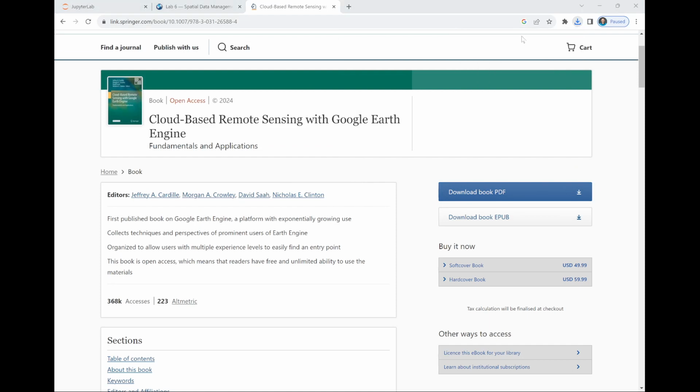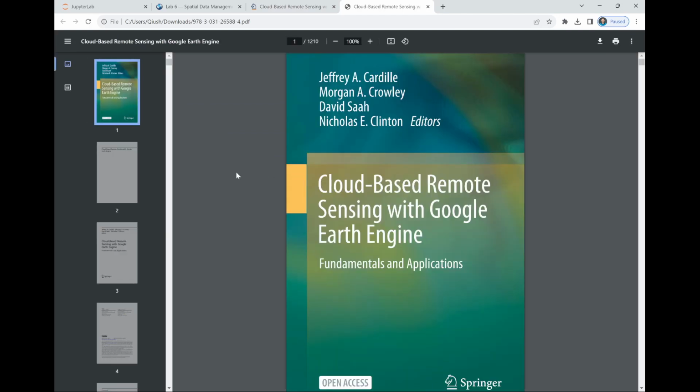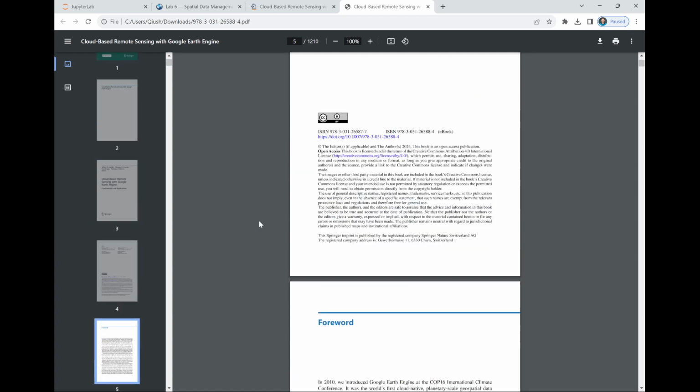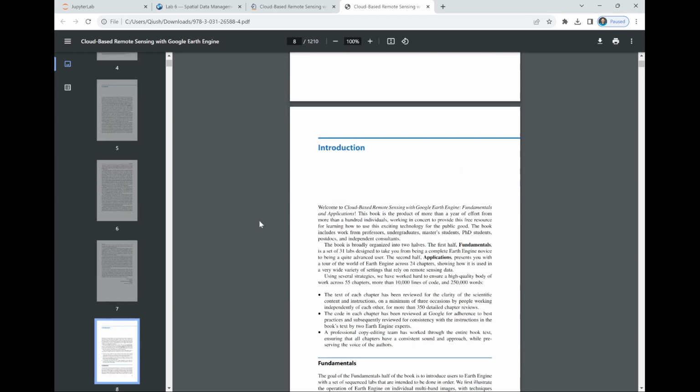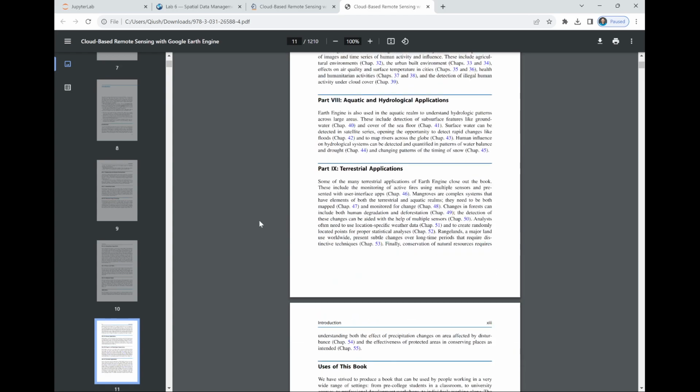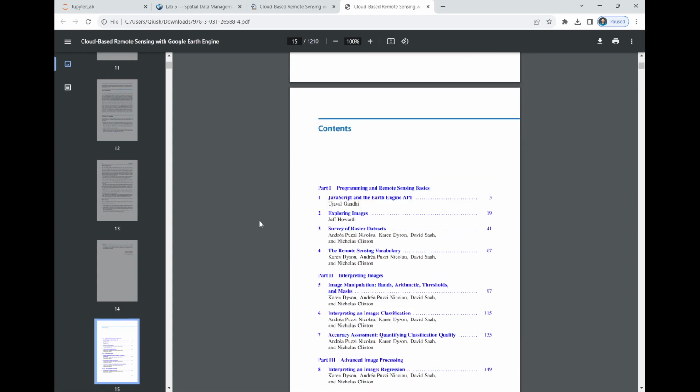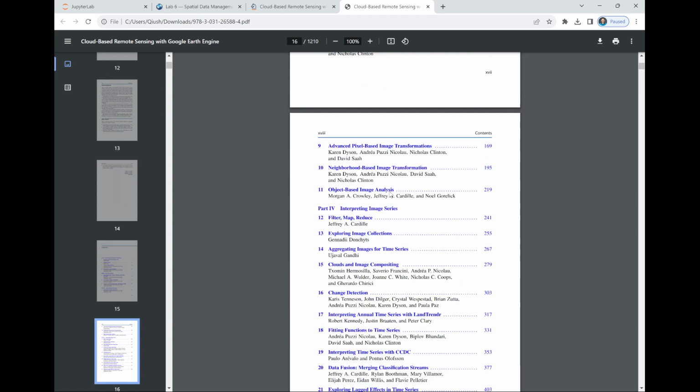But it's using JavaScript. You should be able to convert JavaScript to Python if you want to. This is a gigantic book, 1,210 pages. There are tons of applications you can do. If you take a look at the chapters, they basically cover all the concepts and other material, and also a lot of applications, what kind of things you can do. So you can go through